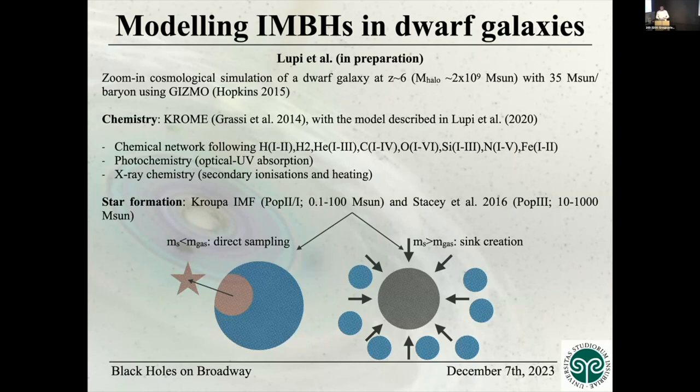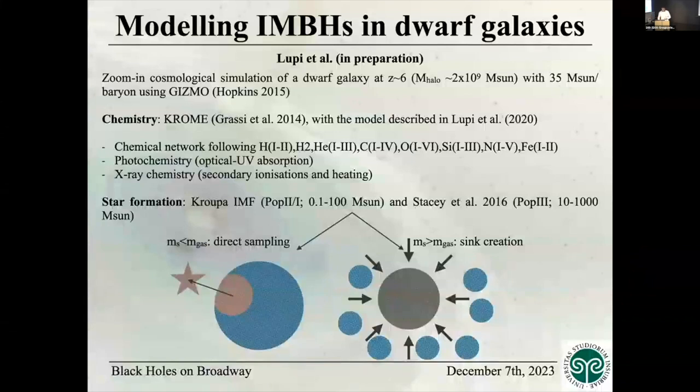We have included star formation with the POP3 IMF and the POP2. And of course, since the mass is in between the mass you use when you do molecular cloud simulations and the mass that you use when you do large-scale simulations, in some cases the mass we form is smaller, a lower mass compared to the gas mass. In some cases, it's larger, so we have to combine different prescriptions to sample these stars. In one case, we directly sample the mass and extract it from the gas mass. In the other case, we convert the protostar into a sink, accrete the mass we need, and we form a